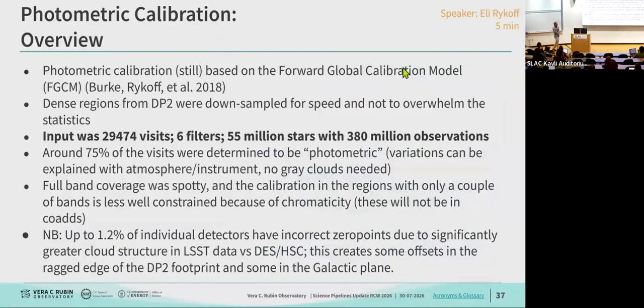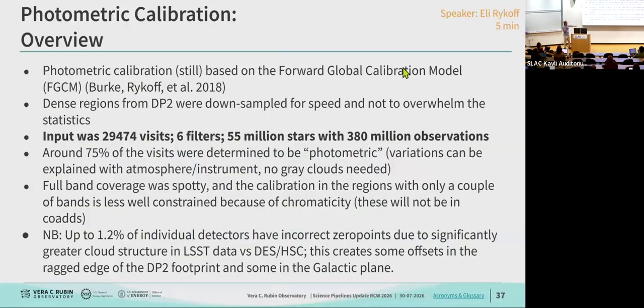So the photometric calibration, continuing on from how we've been doing it on DP1, is the forward global calibration model. The input was almost 30,000 visits and 6 filters, 55 million stars with 380 million observations. The dense regions were downsampled. We don't need millions of stars like that. But of course, the ocean of stars image was a key part of how we were commissioning the calibration. About 70% of the visits were determined to be photometric,